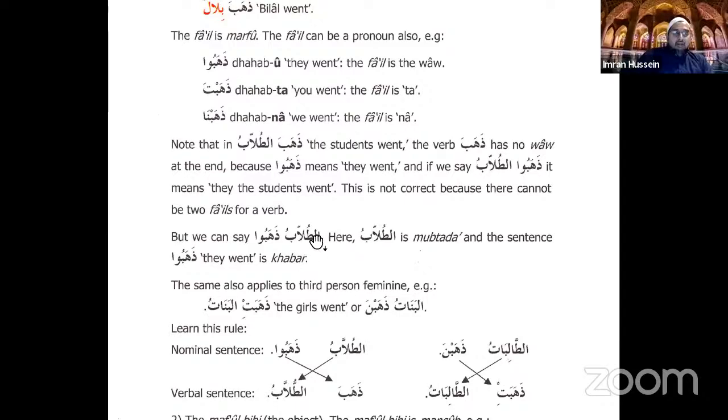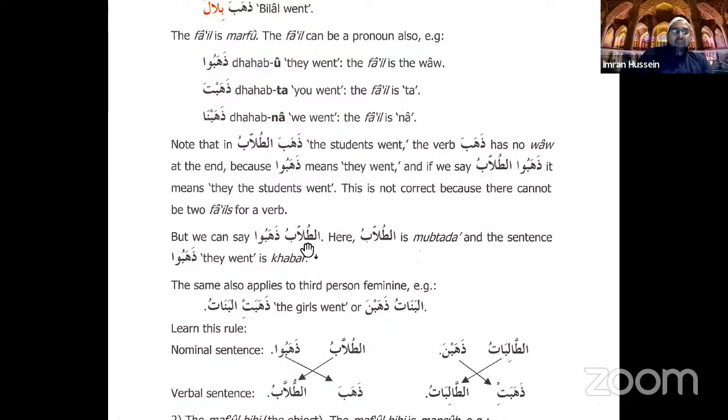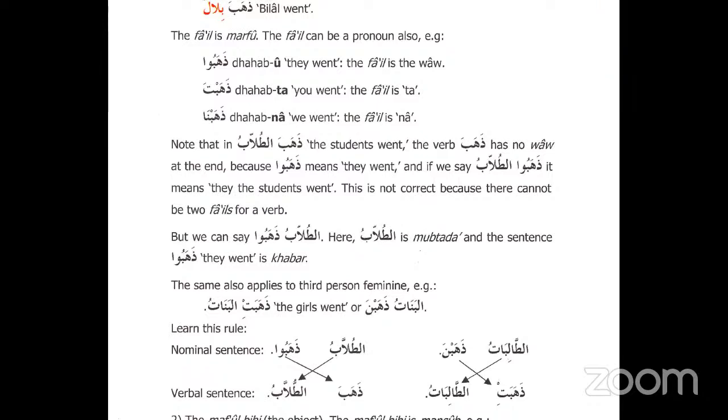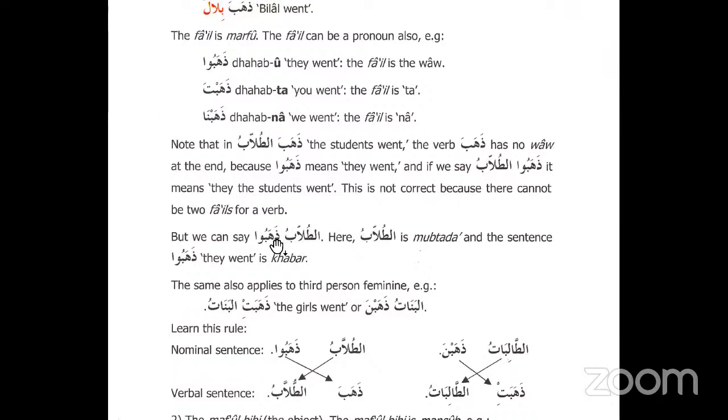When a noun starts, it's called a nominal sentence, and when a verb starts, it's called a verbal sentence. And at-tullabu is going to be treated as mubtada. So at-tullabu, the students,